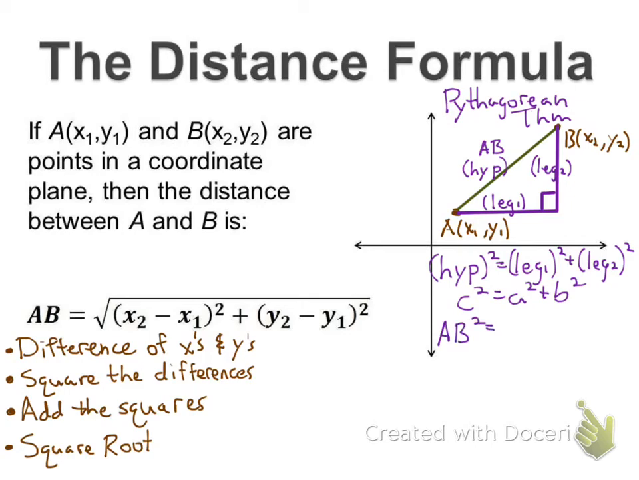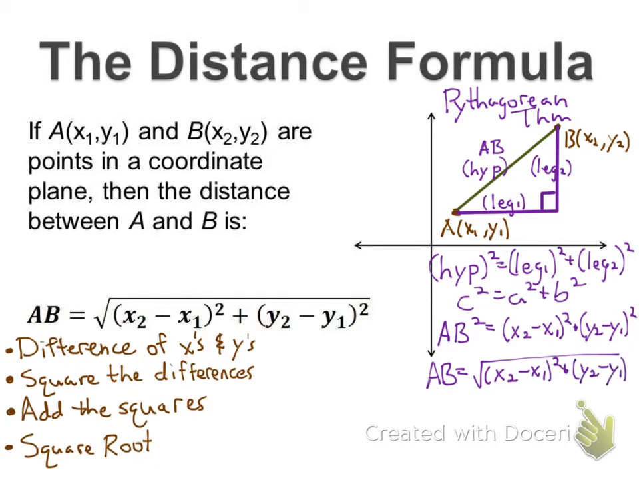And then when I look at the leg, it is the difference of the two values. It's x2 minus x1, and the other leg is y2 minus y1. I substitute that in, they're suddenly squared, and I'm adding them together. I then want to move that squared over AB and take the square root of both sides, and lo and behold, we are at our distance formula. So it's a bit of manipulation from there, but hopefully you see that the distance formula is the Pythagorean theorem in